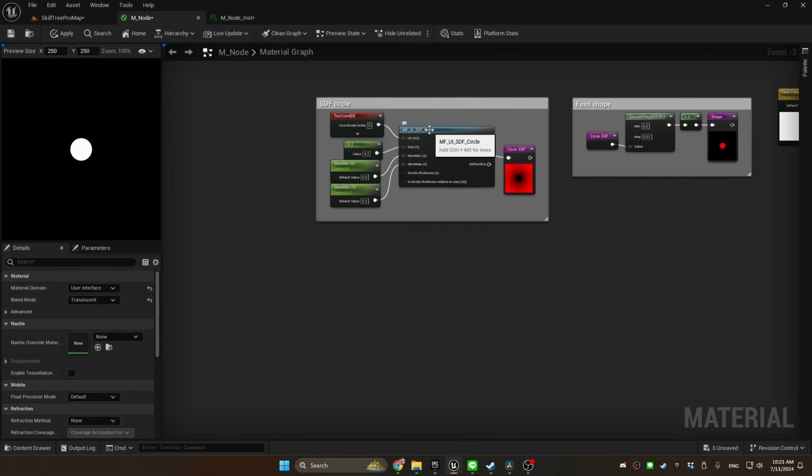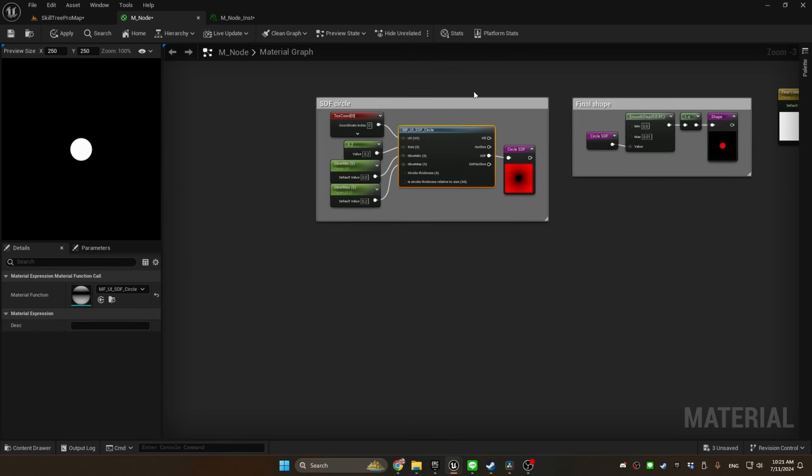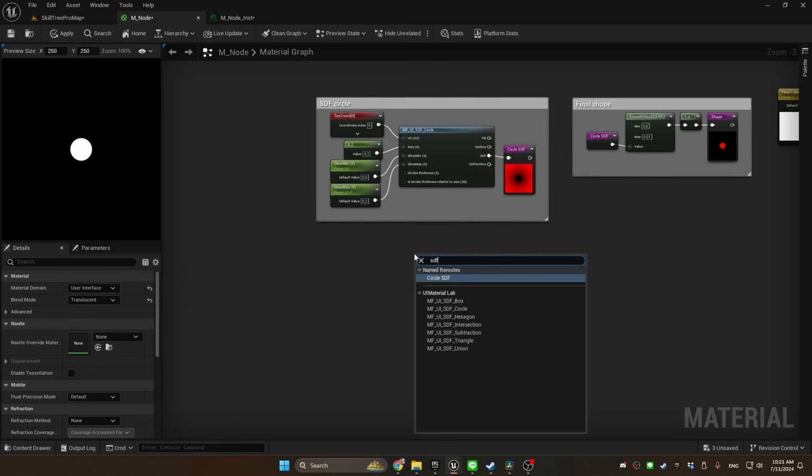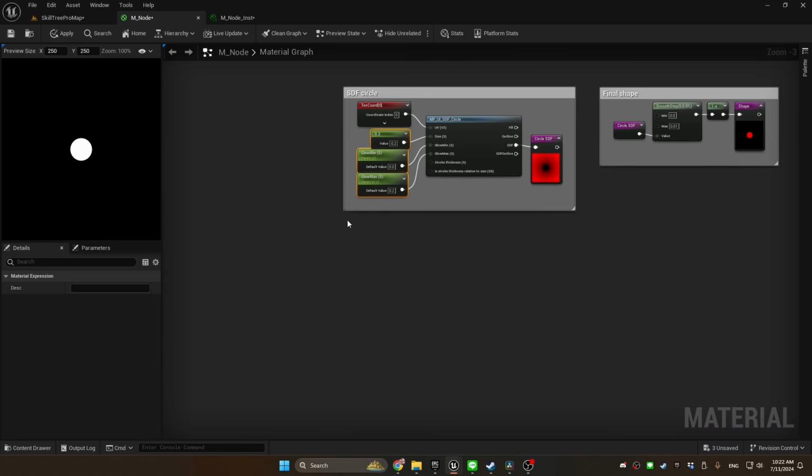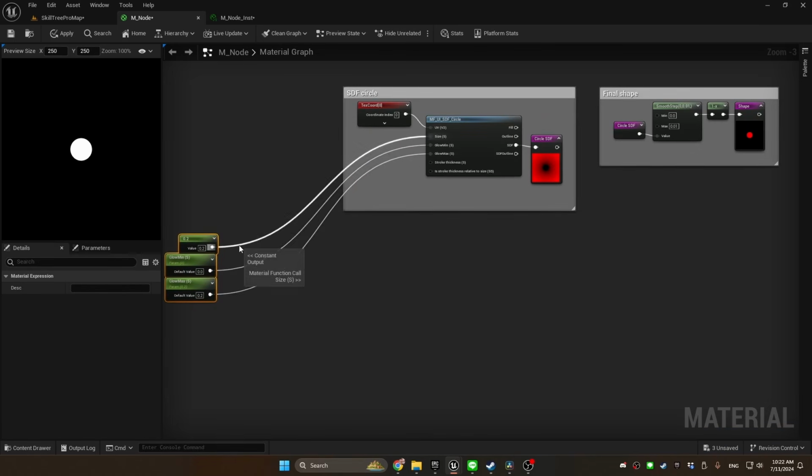Now, at the beginning, we said we were going to make a versatile UI material, and we don't always necessarily want a circle. We might want the nodes to be in the shape of a square or a triangle or something else. Well, it just so happens if we right-click and type SDF, you can see there are SDFs for many shapes here. So we're going to add a few more in and then lerp between them as a choice in the material instance. Just for organizational purposes, we're going to drag these over here